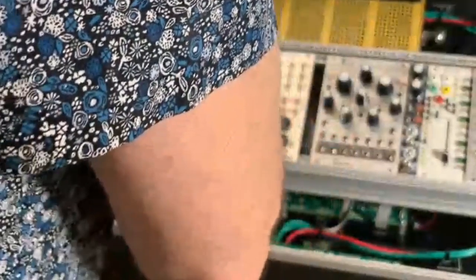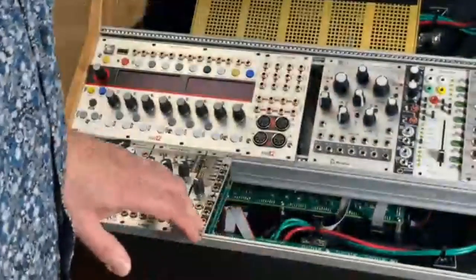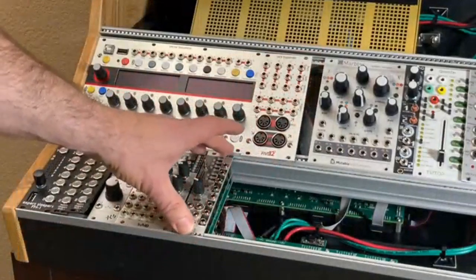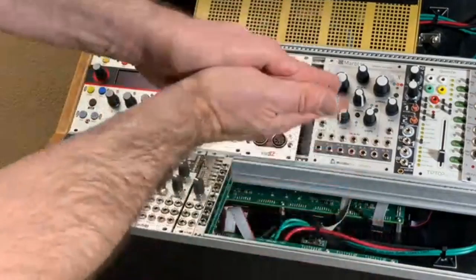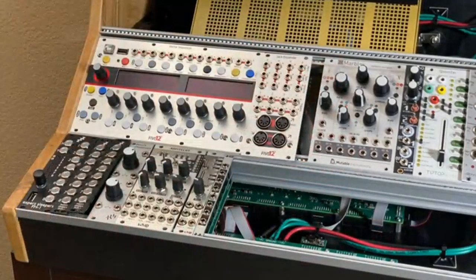There we go. So Chris, do you swear by buffered mults, or do you have some passive ones here and there? I don't have any passive mults in this case. In my gigging case, I have some passive mults to split gates and triggers, mainly so I can leave stuff pre-patched and close the lid. That makes sense. Mark in the chat says...